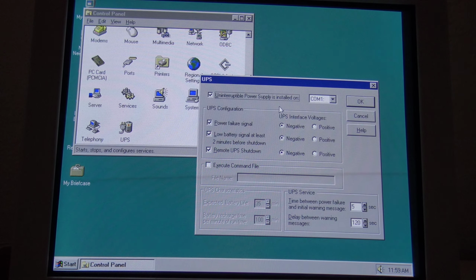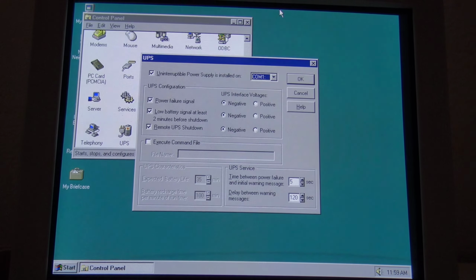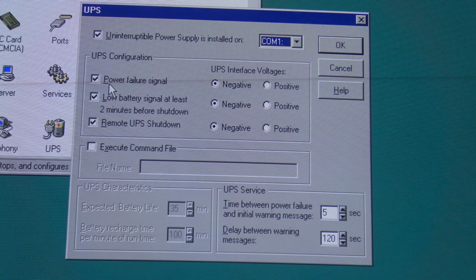You can only connect a UPS through a serial port in Windows NT, obviously, and you specify the port that the UPS is connected to, and then what you can do here is enable a